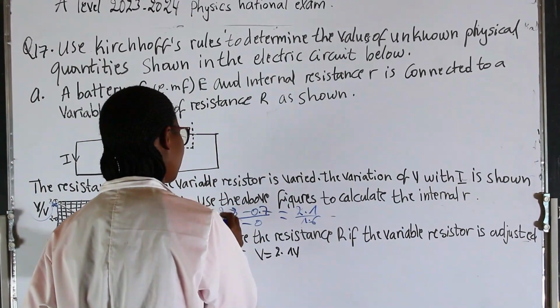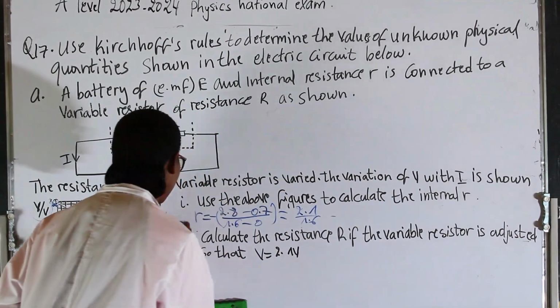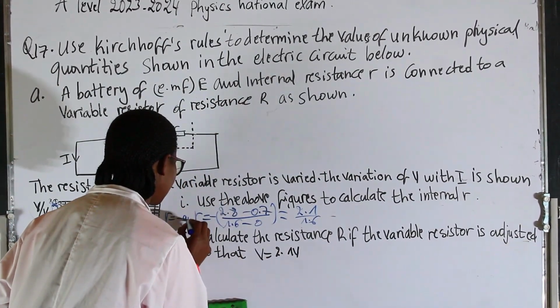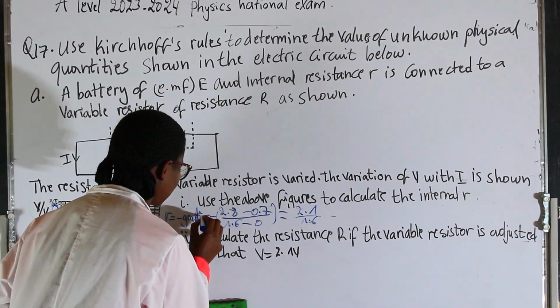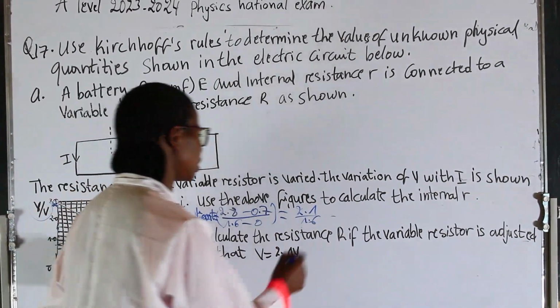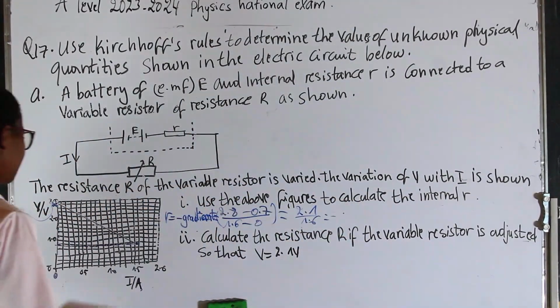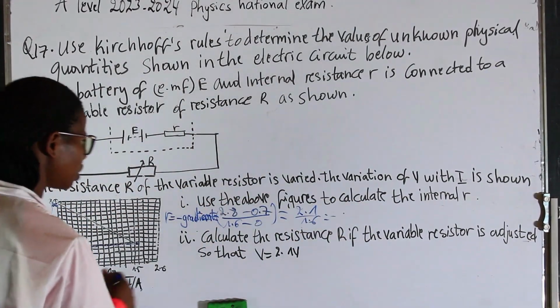Here we may put a minus because it is equal to the gradient. R equal to minus the gradient, which is equal to this. Then you can calculate and find the answer here, which is